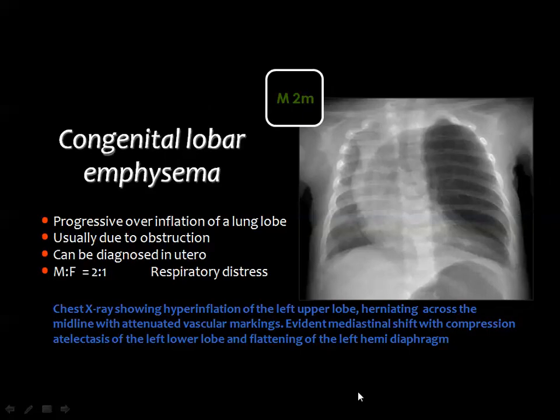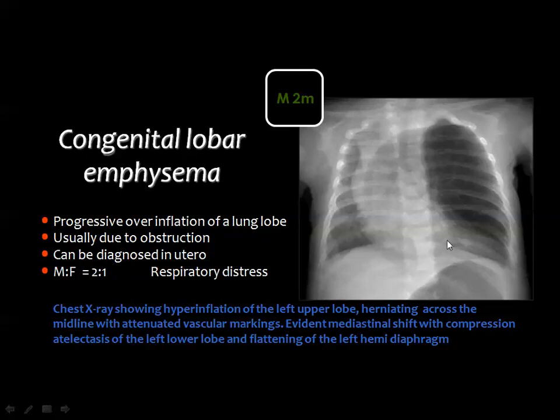Then we came to a common issue seen in the pediatric age group, and this is congenital lobar emphysema, which means that there is progressive overinflation or hyperinflation of a lobe of the lung, which is commonly the left upper lobe, but it can affect the right upper lobe and can affect other lobes, but the upper lobes are commonly affected, and this hyperinflation is due to obstruction leading to